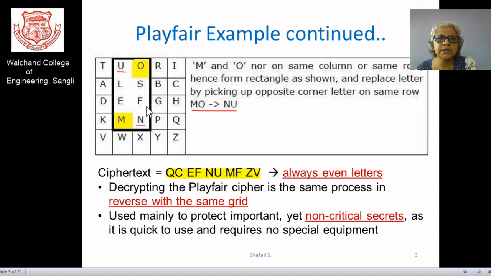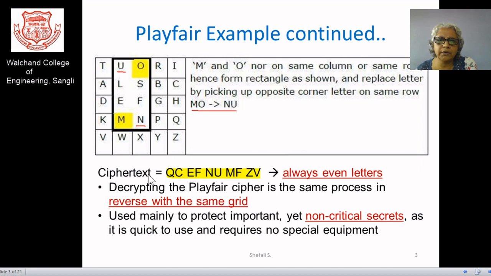So you can use this as the anti-clockwise picking of an element, or you can have here the clockwise picking of your element. Again, this is the pattern you are going for, the picking of the element. I said that the pattern itself is one of the keys. What is the convention of picking of your particular element is again secret to the specific user itself. So M and O will use N and U as a replacement. You can find out here MO is replaced by NU itself.